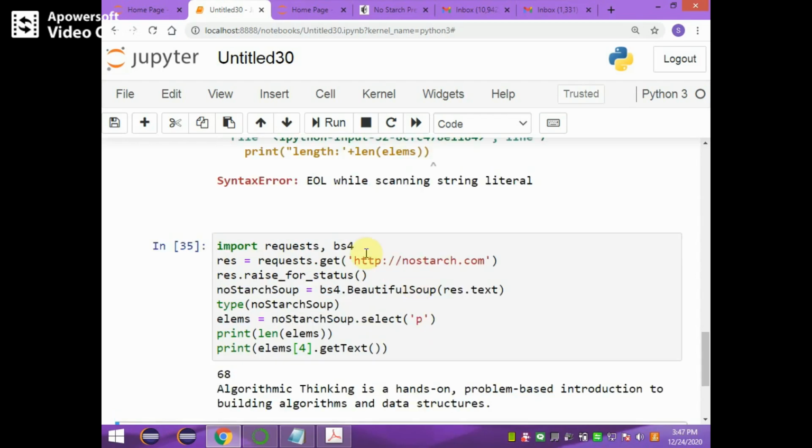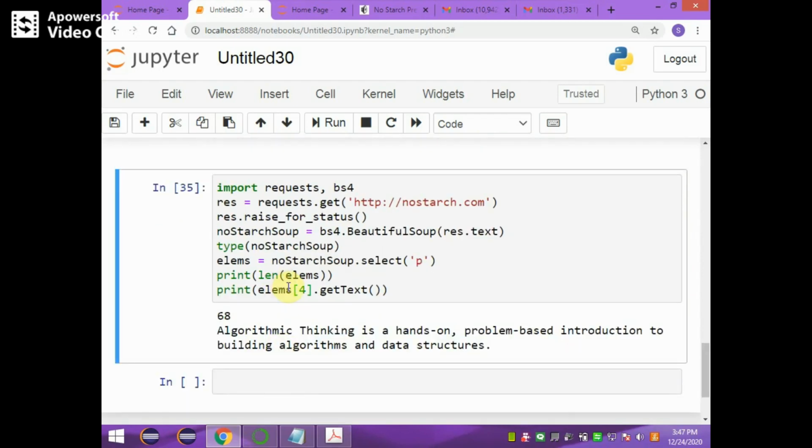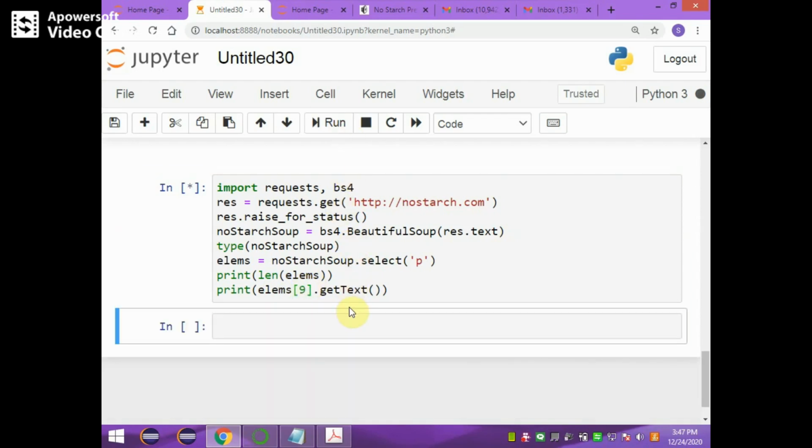It's giving the length of elements as 68, and when I try to display the fourth element, it's giving this text. Like that, if you try to display the ninth element, run, then if there is a ninth element, it displays.